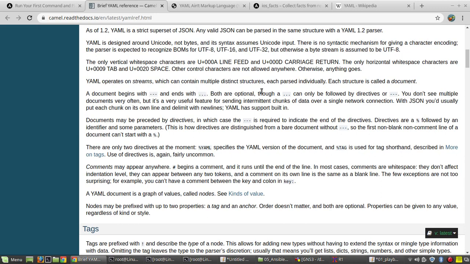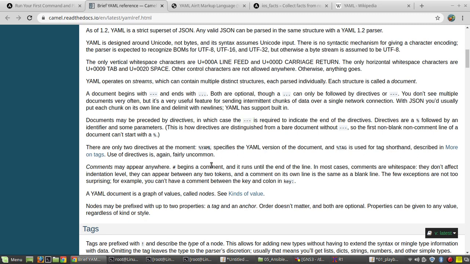Both are optional, not mandatory, and this can be followed by directives or 3 hyphens. Documents may be preceded by directives, in which case 3 hyphens are required to indicate the end of the directives.